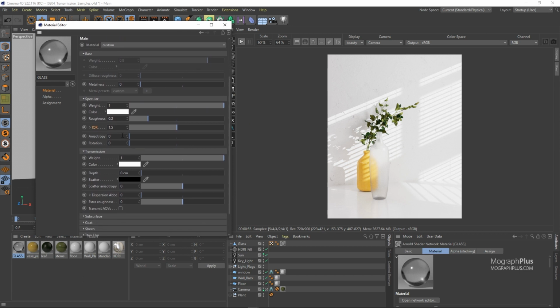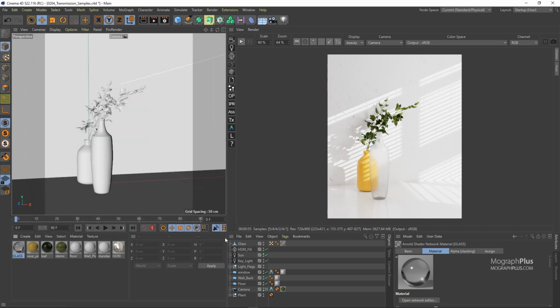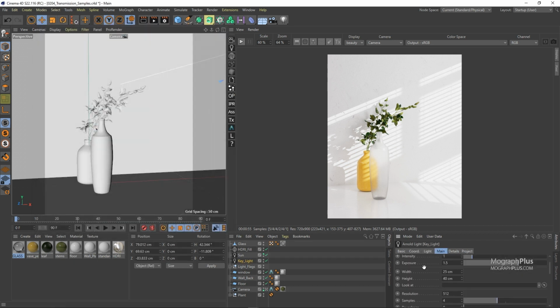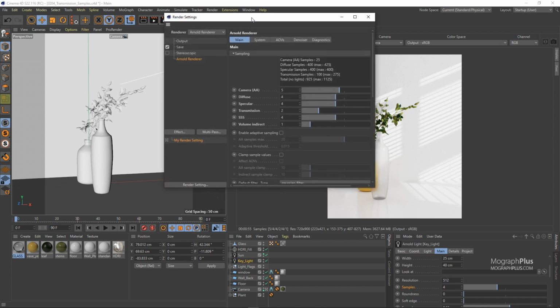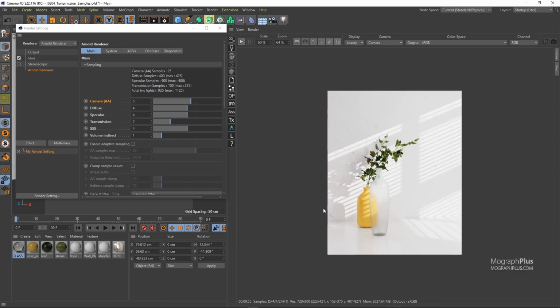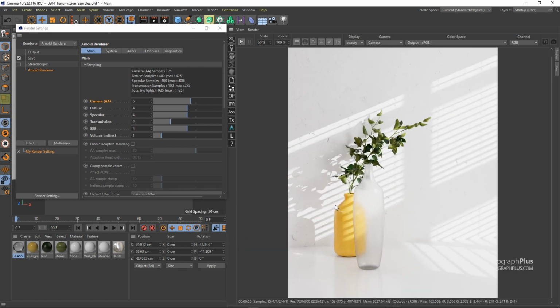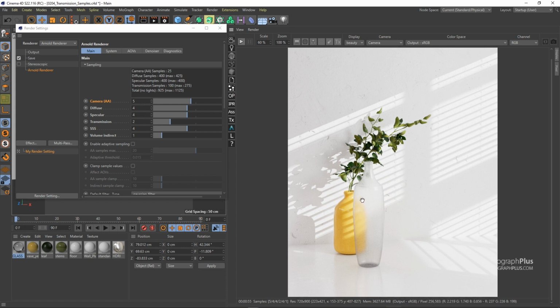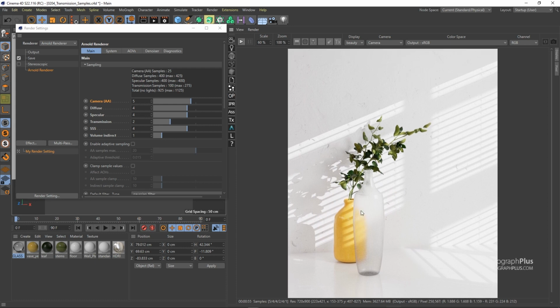All the samples for our light sources are set to 4, so we don't get any direct diffuse or specular noise. I'm going to open up the render settings. The camera samples are set to 5, diffuse samples, SSS samples and also specular samples are set to 4. That yellow vase and the plant itself have materials with subsurface scattering applied to them. That's why I'm increasing the subsurface scattering samples as well. The transmission samples is 2, which is the default value, and this is the render that we get from this